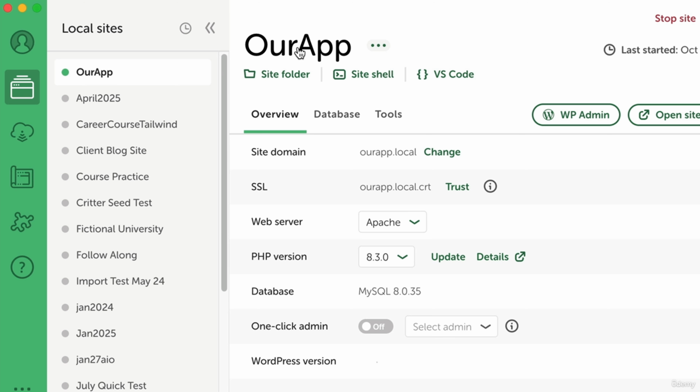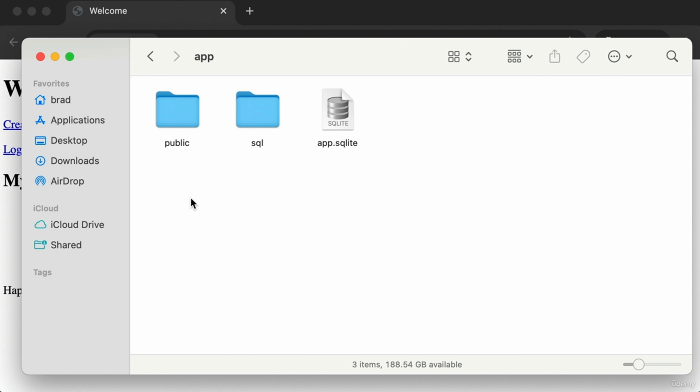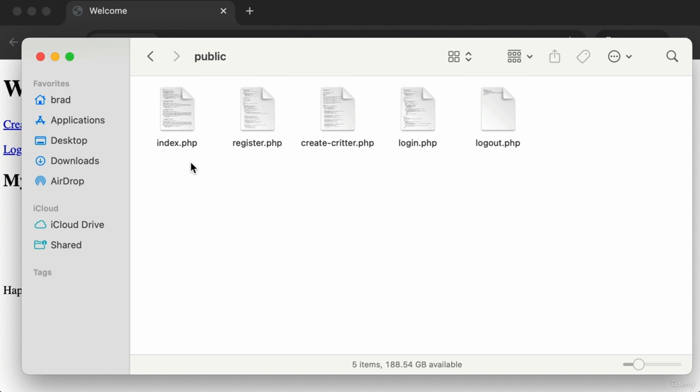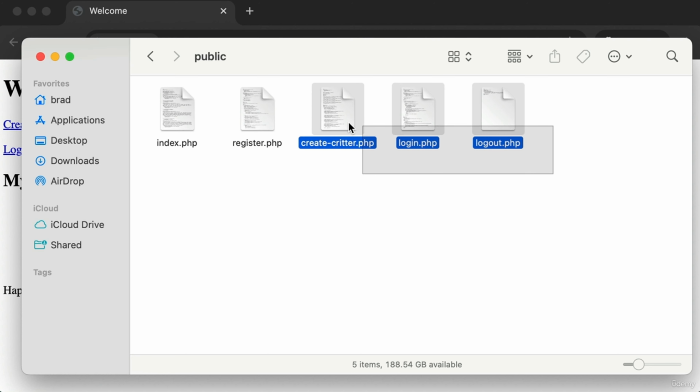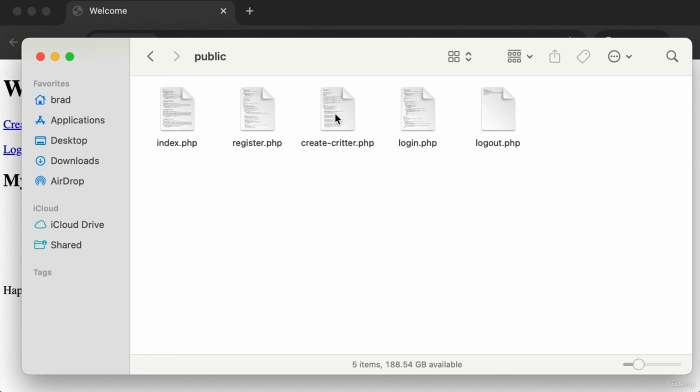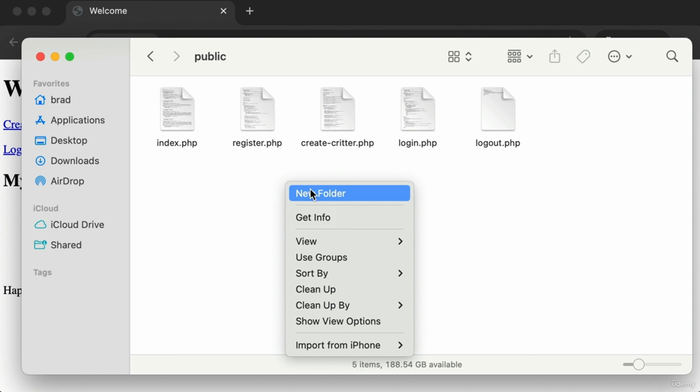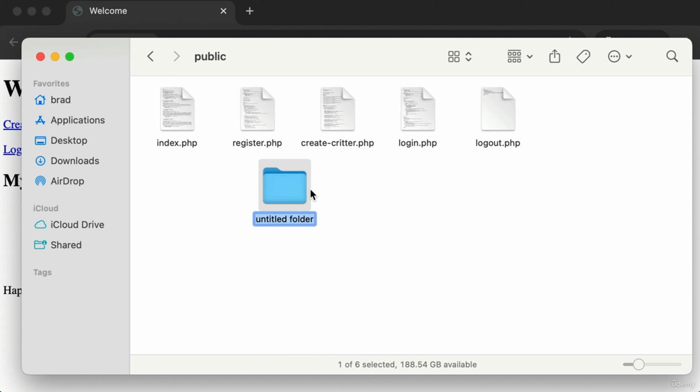Go ahead and find the folder for your project. So I named mine Our App. Remember, you can always click this Site folder. Okay, and then you dig into App, and then you dig into Public. Okay, so right here where we have our different files like index, register, login, just go ahead and create a new folder, and it needs to have this exact name. It needs to be named